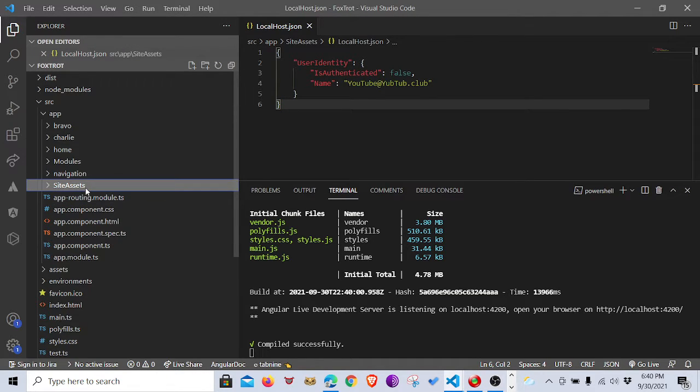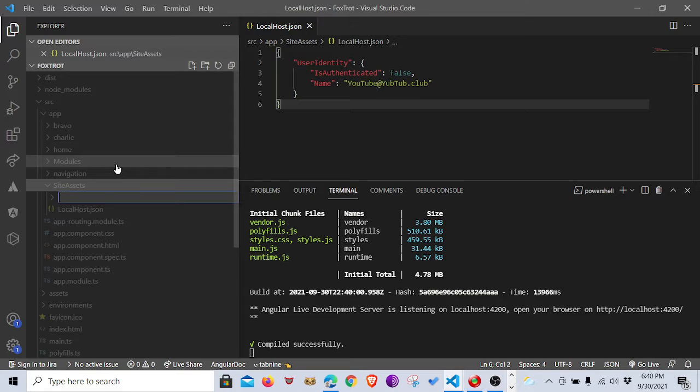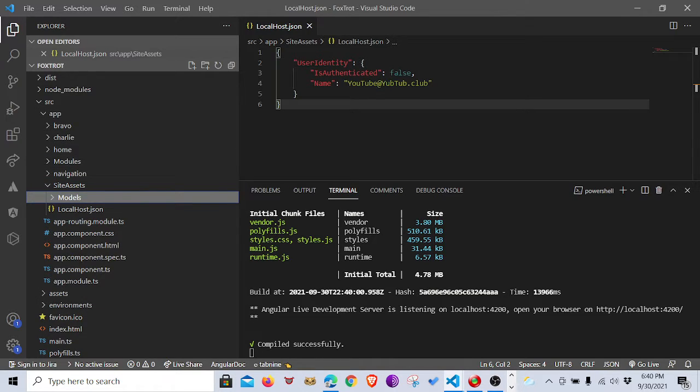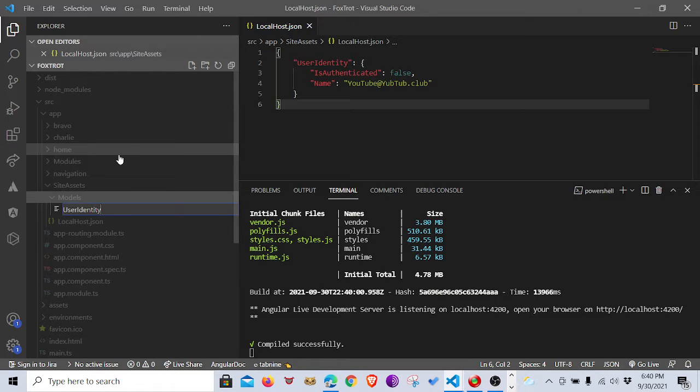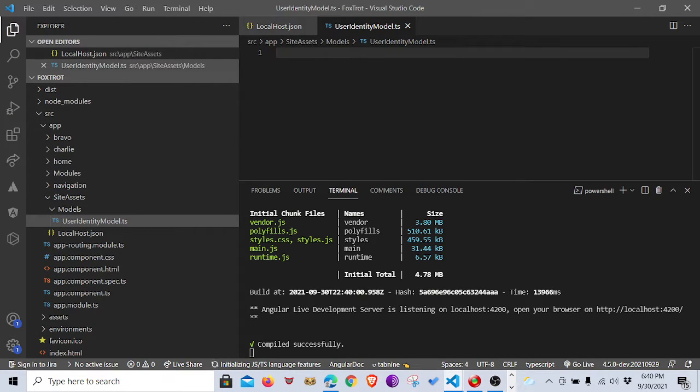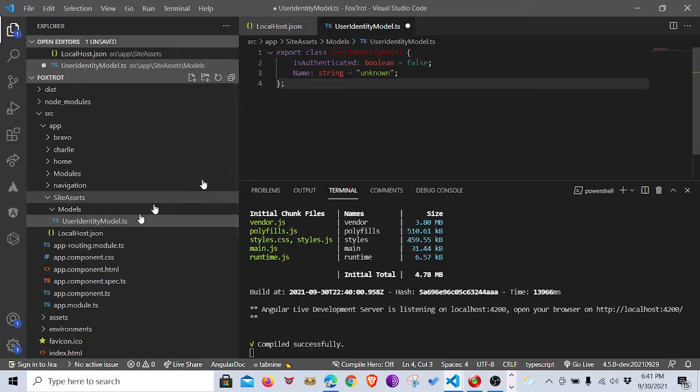We're also going to create a directory for models. And we're going to create a user identity model. This basically tells our application what the record is going to look like. And note here that it matches the file that's in localhost. It just defines it. As you can see, neither of those changes cause any errors,